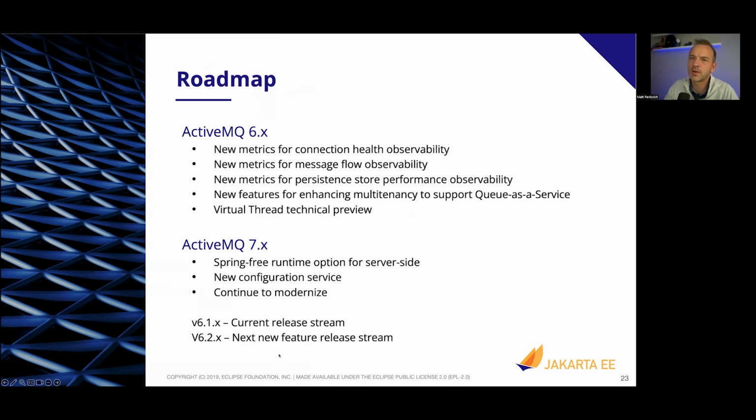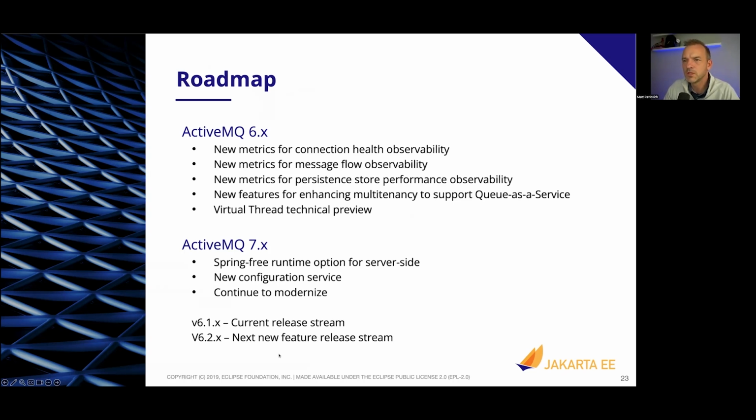But along with that will come a new configuration service. The idea is we'd have more ability to do runtime configuration without having to restart brokers, more things about tuning multi-tenancy, so you could provision multi-tenant message flows without having to do broker restarts, which is great for when you're doing platforms in the cloud, queue as a service, dedicated clusters, things like that.